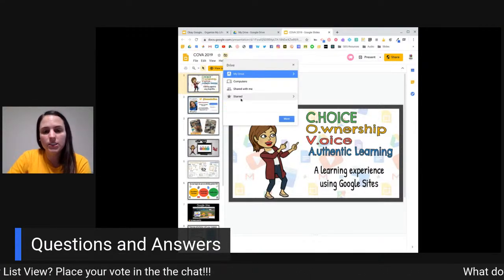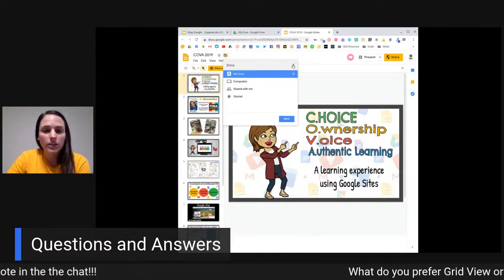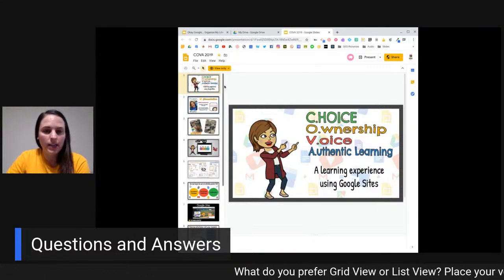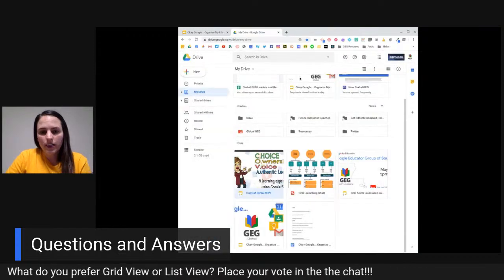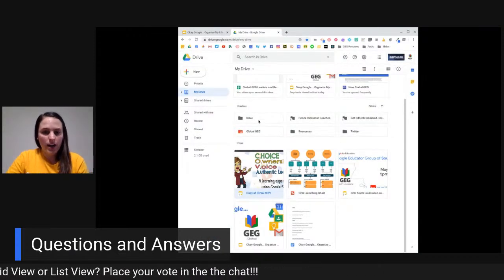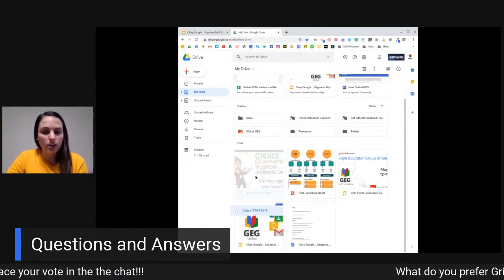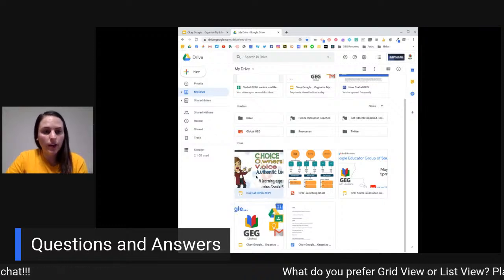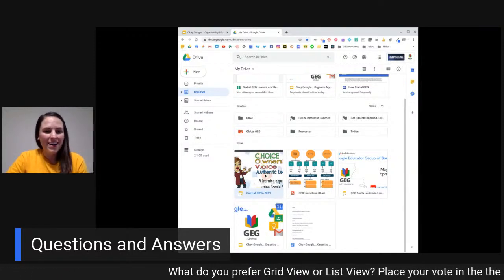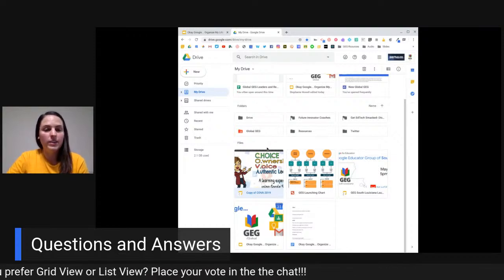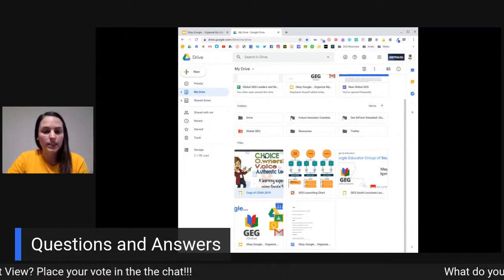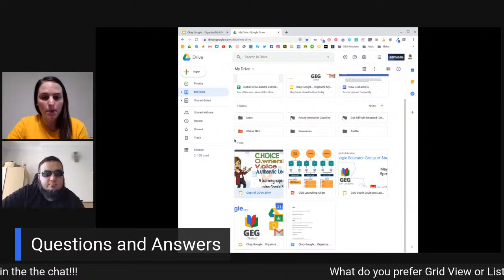I could put it in the starred folder. If I did want to star this, I could also click this button and it will be in my starred folder. So as you can see, I could do it both ways. I can either drag if I'm in my Drive, or if I'm in the document, go to that Drive symbol and quickly move it to a folder. I know you're going to learn some other tips later with docs.new and stuff, and that will help you with moving things to folders, that folder up at the top.